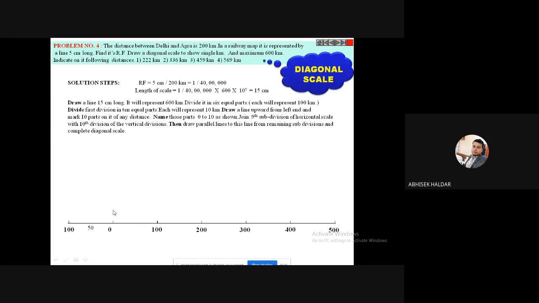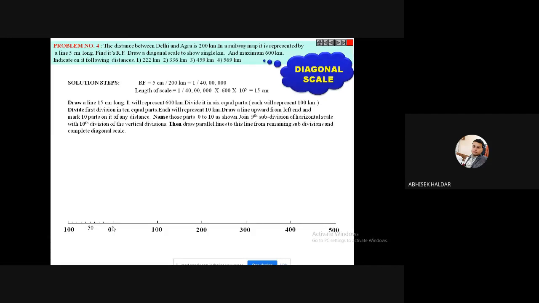Now after this, what is the step? Up to this, what have I got? Each of the parts has a 100 kilometer distance. Now, the first part that I left, divide that first part into 10 equal parts again. I repeat, divide the first part into 10 equal parts again using the same set square method.